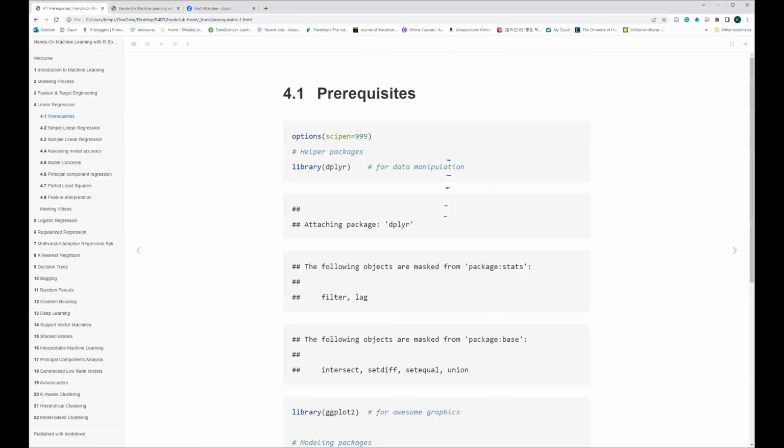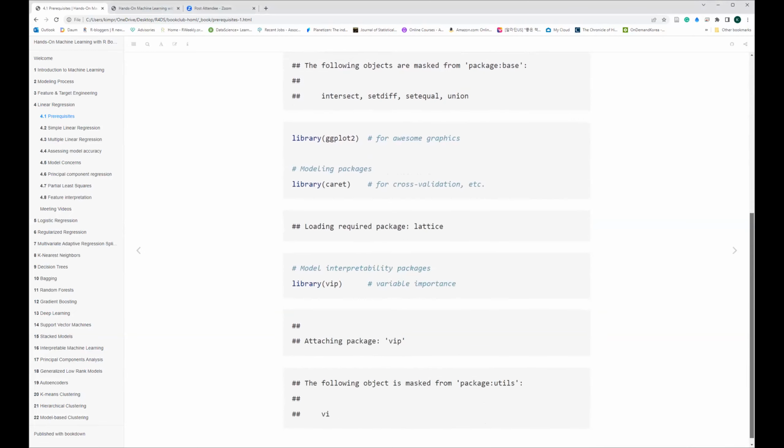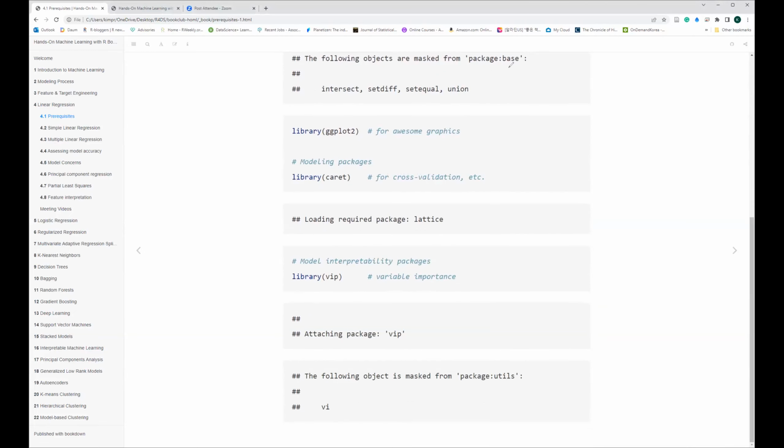So here is just kind of a requisite thing about what kind of packages we're gonna cover in this chapter. dplyr is just kind of a tidyverse package for the data manipulation process, right? And then we're also gonna use ggplot for some visualization, and caret for the cross validation. And also we're gonna use vip, because caret and vip are going to be used maybe in the later part of this chapter